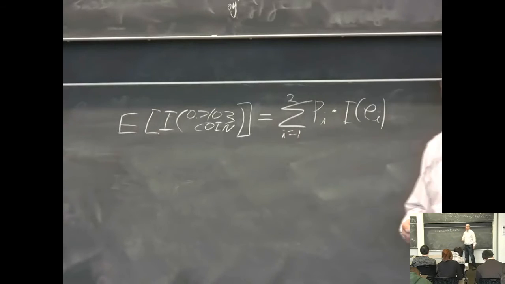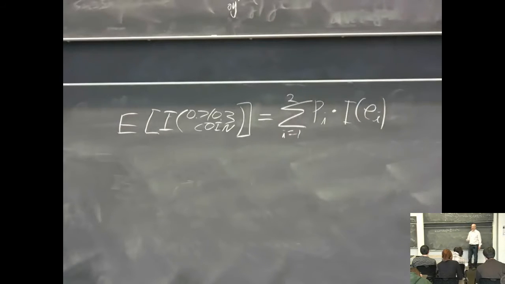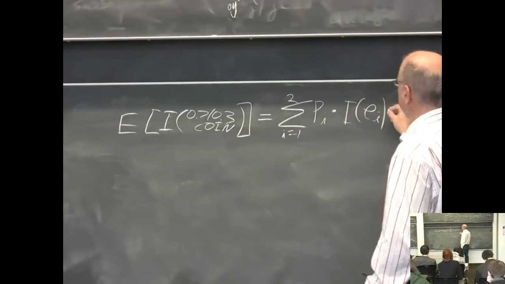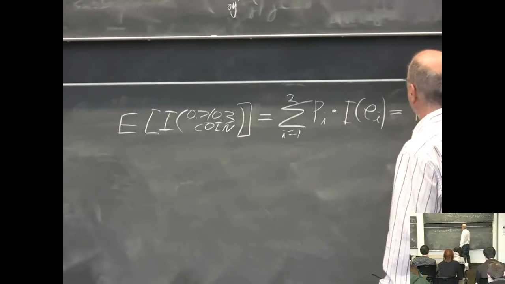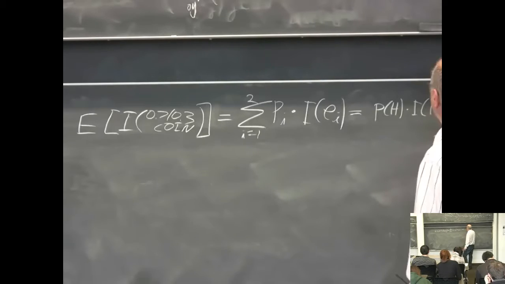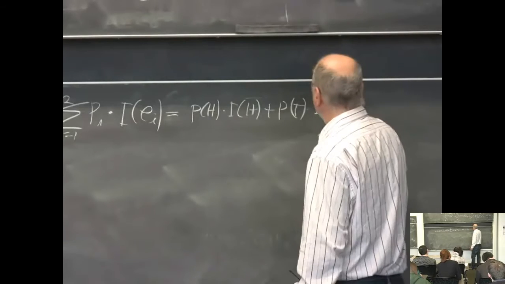Right? That's what expectation is. It's weighing the outcome by how likely it is to happen. This is the general formula. In the case of the coin, it's P of head times the information in head plus P of tail times the information in tail,